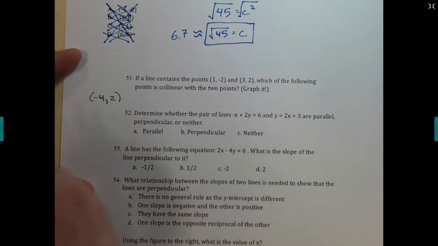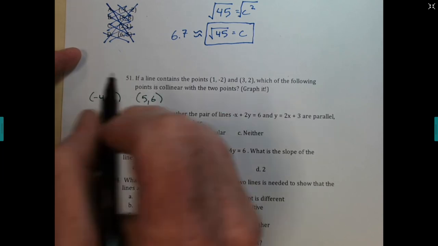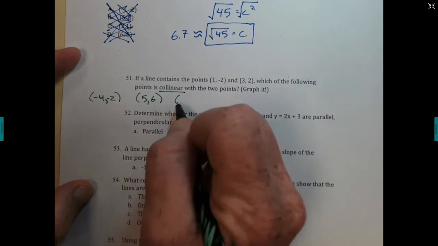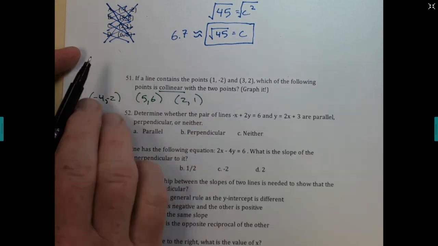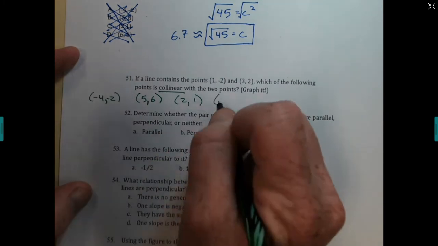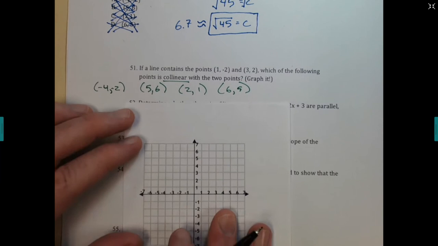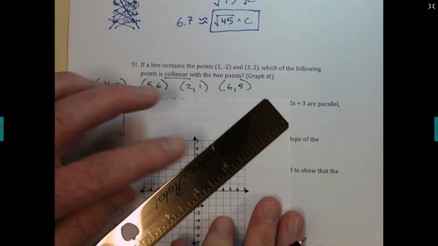-4, -2. They're asking which of these points would be collinear with the 2 that I gave you. We have 2, 1, and then we have 6, 5. Now they gave us a hint. Let's graph it. Let's take a look. I got a graph right here. If we have 1, -2, and we have 3, 2, we have a line here that we can go ahead and